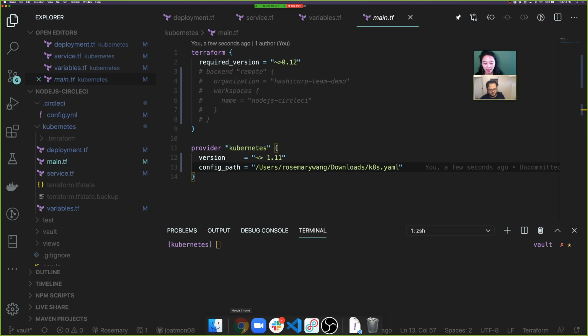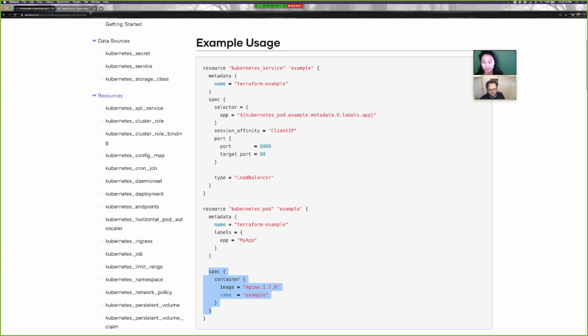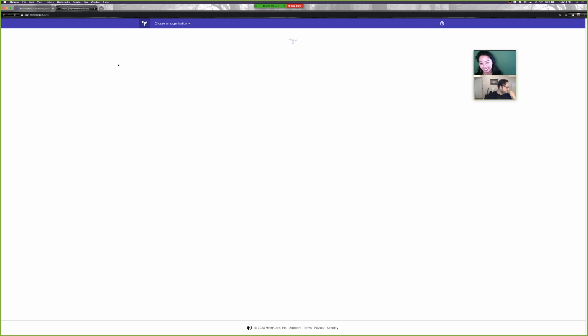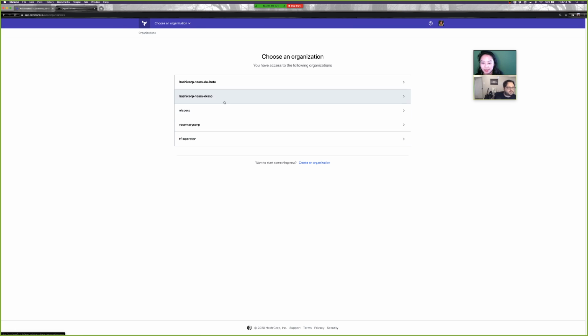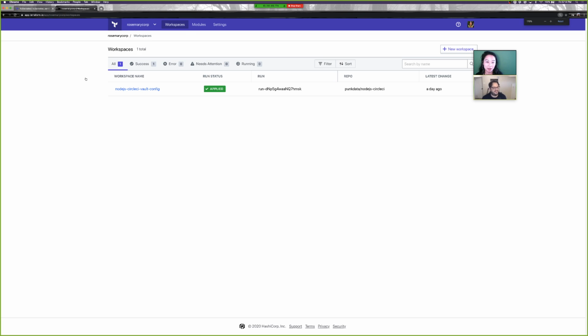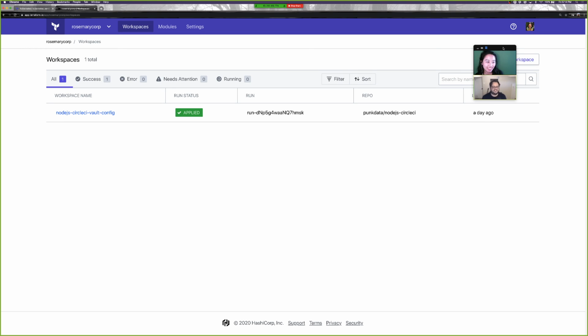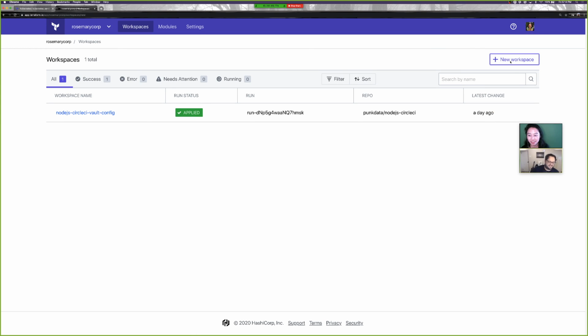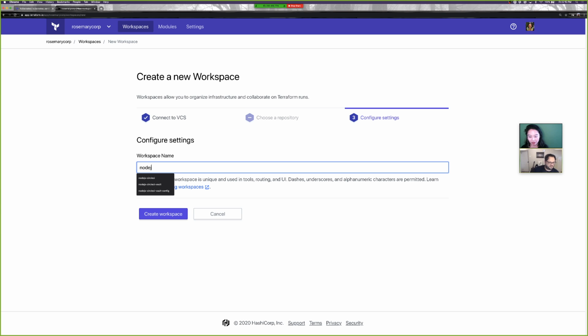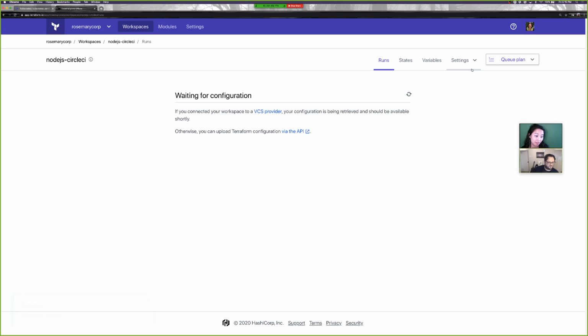In this case, because I don't really want to set up a backend, you're doing local, right? Yeah. It's just I don't really want to set up a backend or anything. So I'm just going to use Terraform Cloud to do it for me because I don't feel like setting up S3 buckets. Right. Yeah, exactly. So I'm just going to create a new workspace. You noticed that I did have a workspace previously, and that was for my Vault config. I keep it separate because the state of my Vault configuration